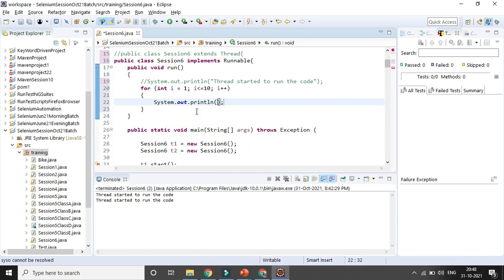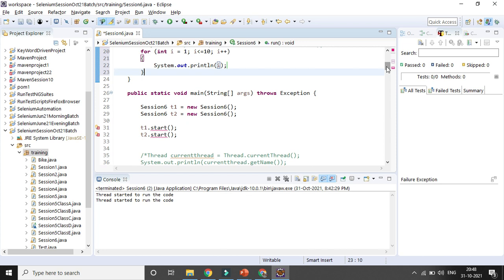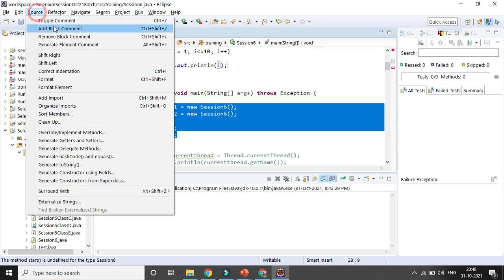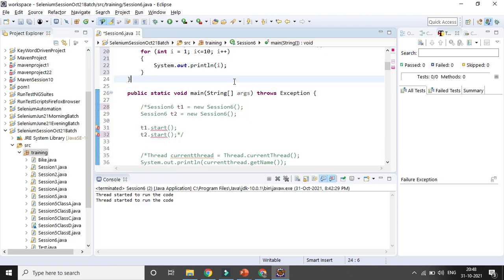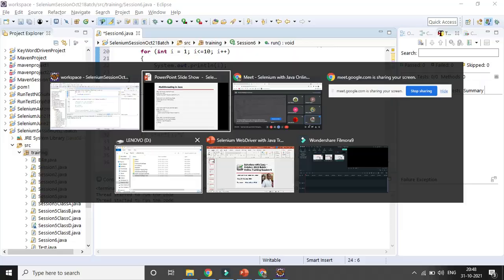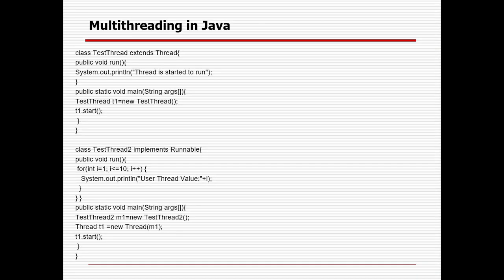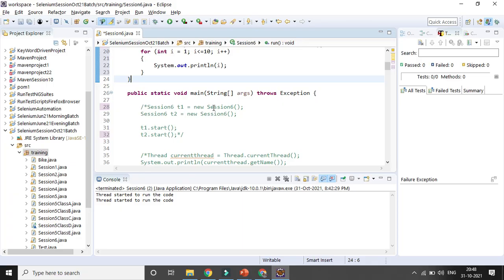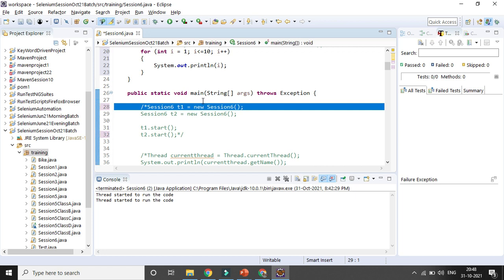In case you are using an interface, you first need to create an object for the class, C1. Then you need to create a thread.